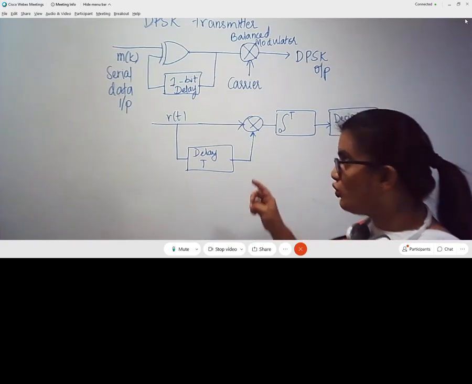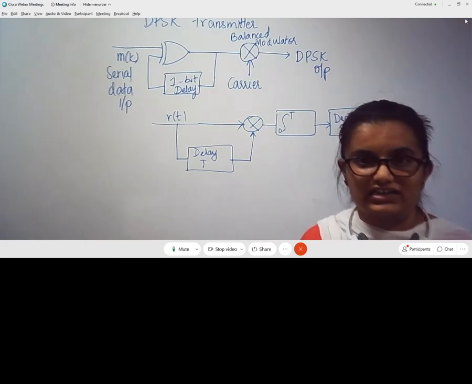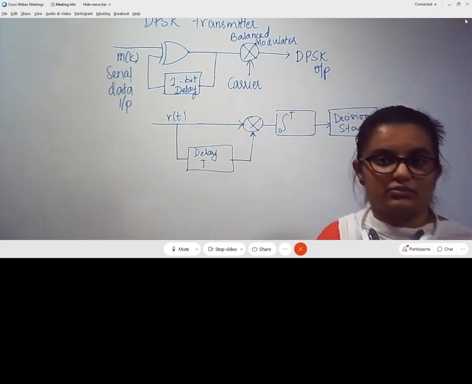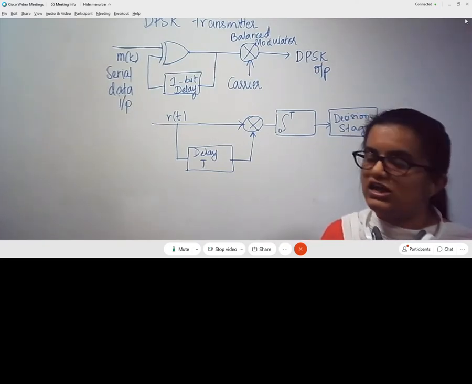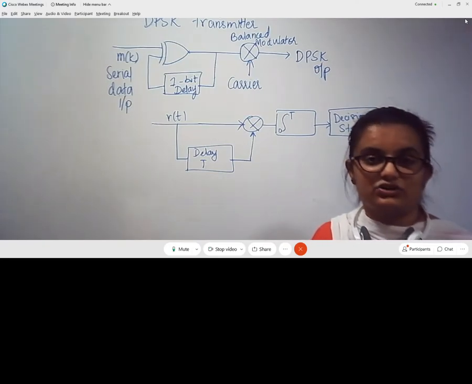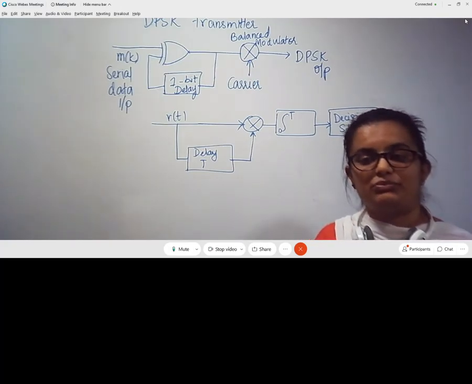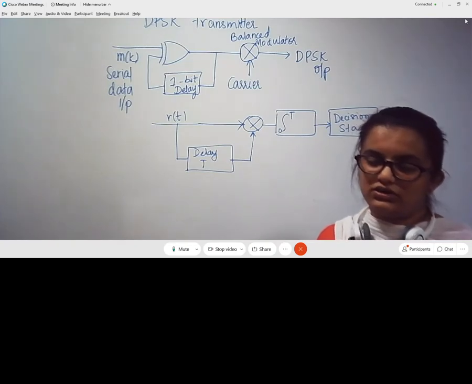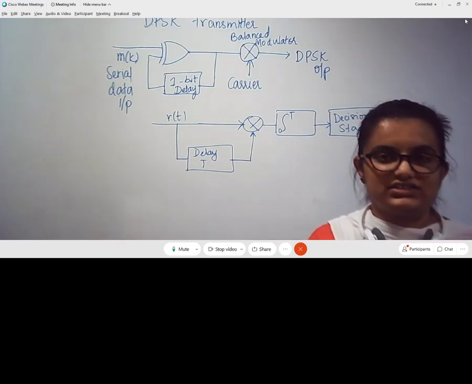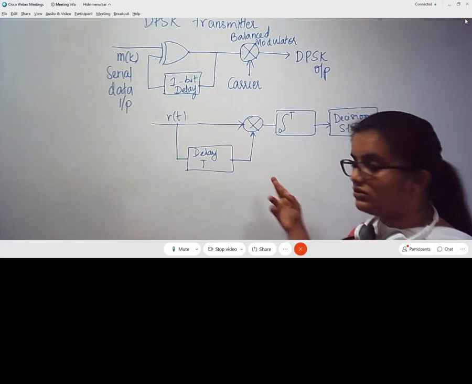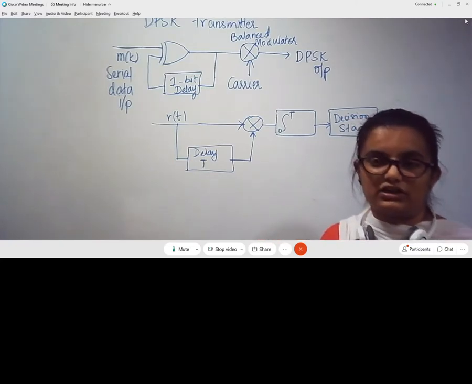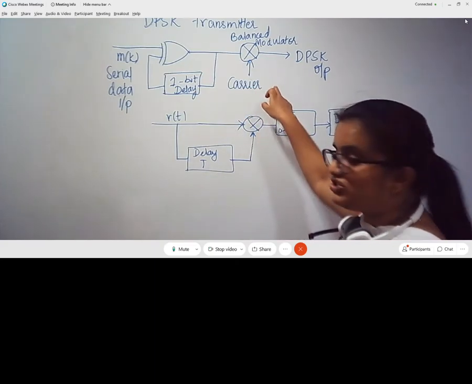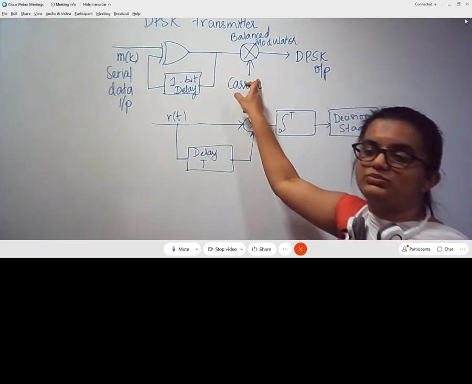I need not know the instantaneous phase of the carrier in order to mix with the reference signal and then obtain it by passing it through a correlator receiver. That I need not do. I need not have a reference signal with a proper phase matched to the received signal. That is not required. The reason we are going with this non-coherent modulation technique is the reduction in the complexity of both the transmitter and the receiver.